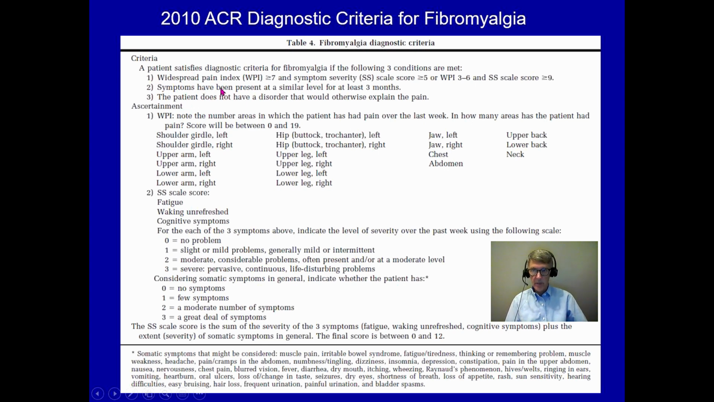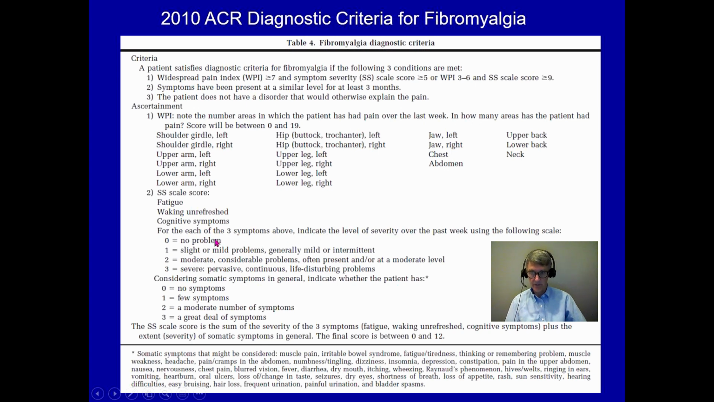Number one, the widespread pain index has to be greater than 7, and the symptom severity scale has to be greater than 5. That would count as classification for fibromyalgia. The widespread pain index includes many of the areas that we discussed when we were talking about the physical examination, only the patients will record these themselves, and if it's greater than 7,